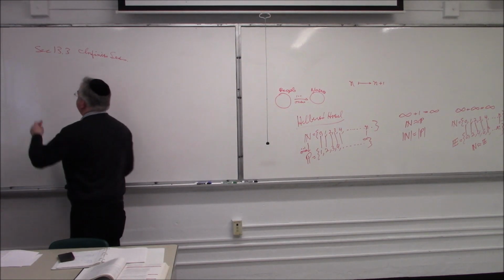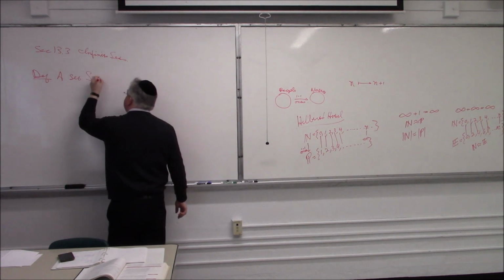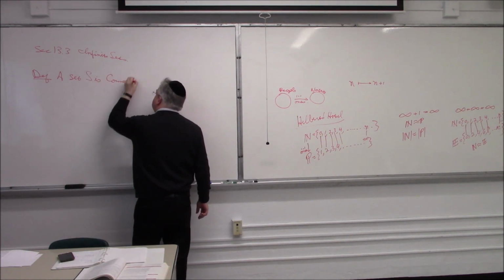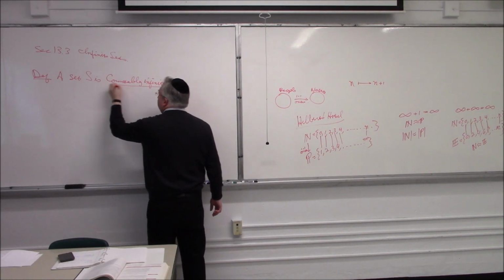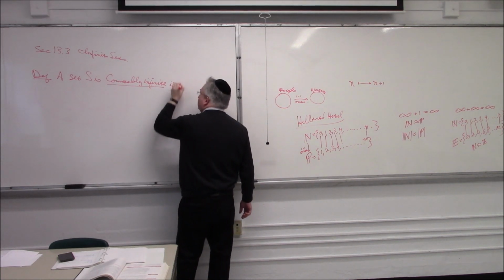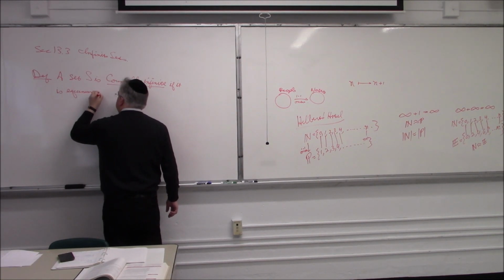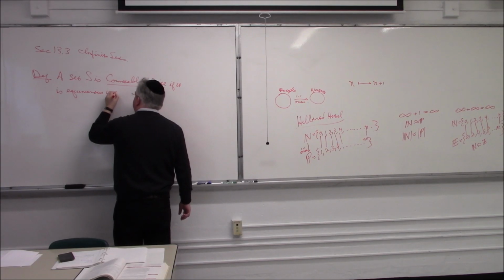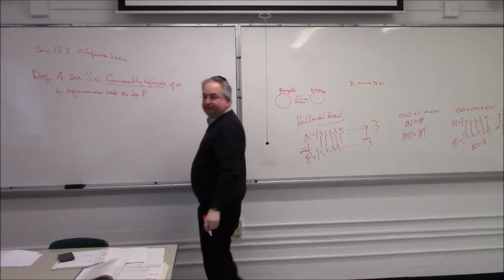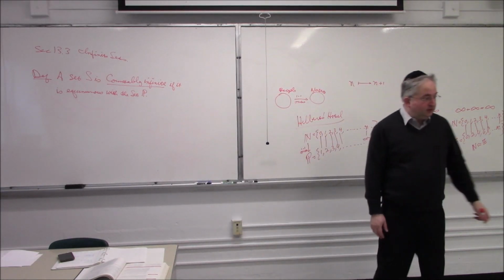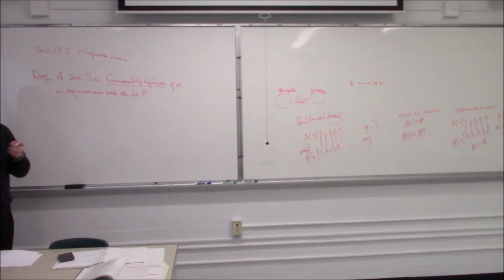Now, definition. A set S is countably infinite if it is equinumerous or isomorphic with the set P of positive numbers. So if it's the same size as P, then